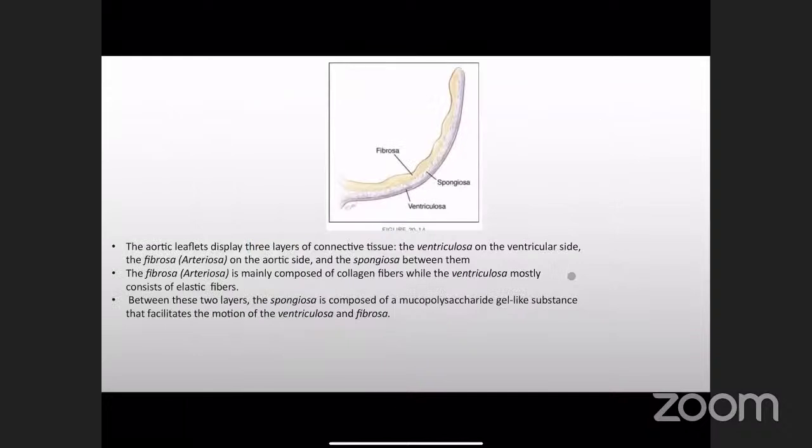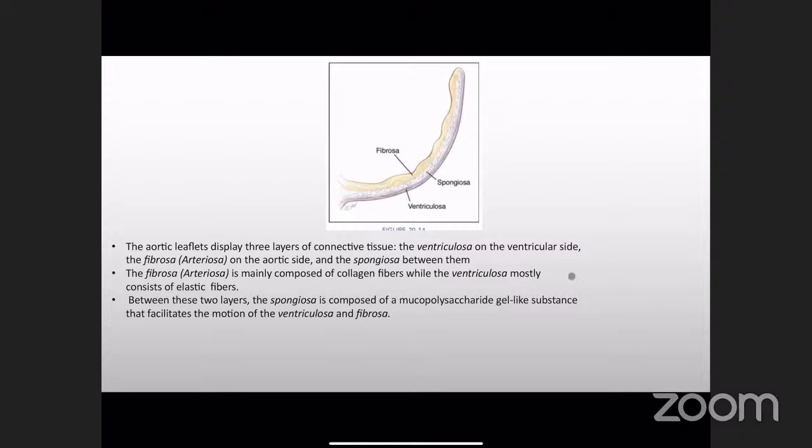Each cusp, or aortic leaflet, displays 3 layers of connective tissue. These layers are the ventricularis on the ventricular side, the fibrosa or arterialis on the aortic side, and the spongiosa between them. The fibrosa is mainly composed of collagen fibers, while the ventricularis mostly consists of elastic fibers. Between these two layers, the spongiosa is composed of a mucopolysaccharide gel-like substance that facilitates the motion of the ventricularis and